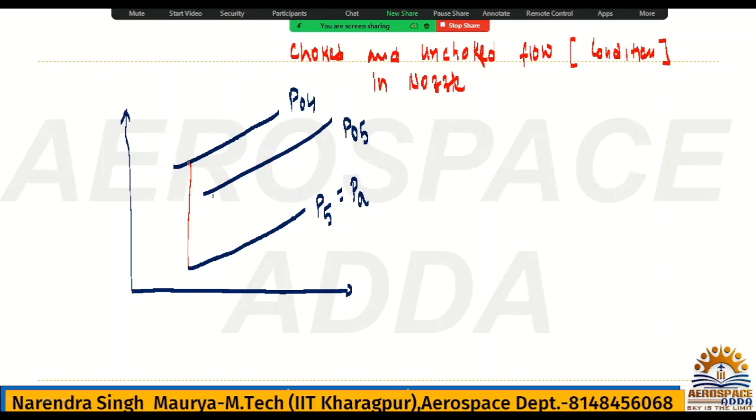So this expansion, just say this is the point 5, okay, and this is the 5 dash. So this is P04, hence this point is nothing but 04, okay. Somewhere there will be P naught 5, so I can say this point is nothing but naught 5. Okay, and here I can show this velocity component, how that P naught 5 you will achieve. So this is P naught 5 and this is P 5. How you will achieve that in terms of temperature? If I say, then it will be